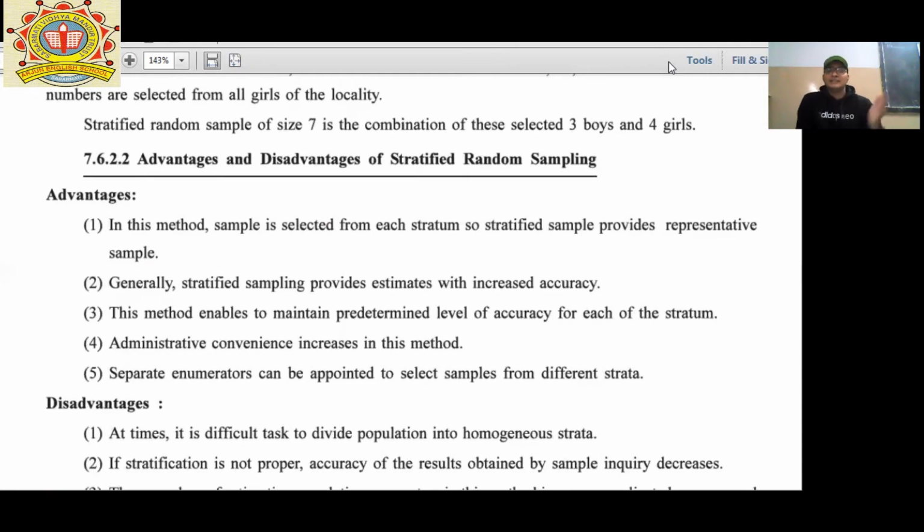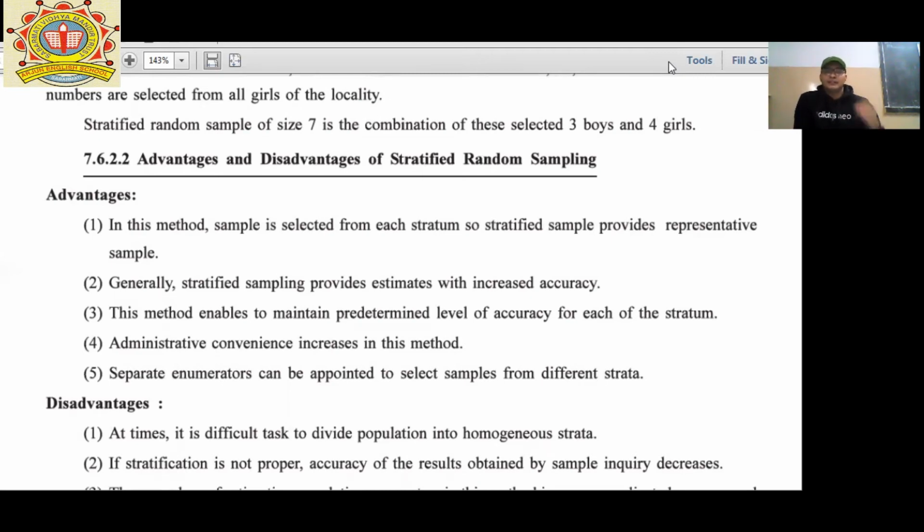It means that as and when stratified random sampling is applied, our accuracy level will increase, because I have not selected one person from this entire group. First of all, I have divided it into different categories, and then we have selected one person from each category, that is called stratified random sampling. So here a higher accuracy level can be maintained.